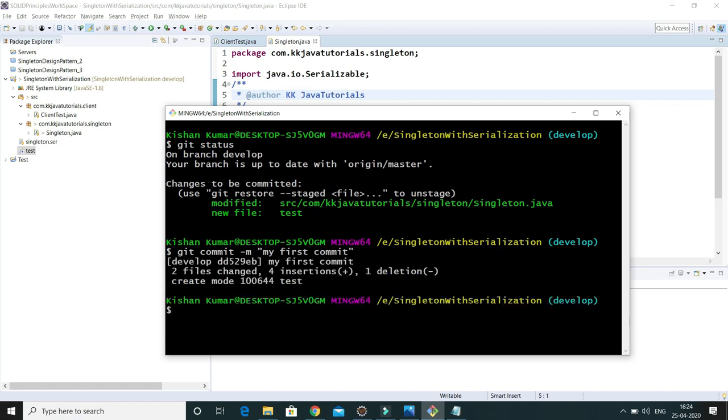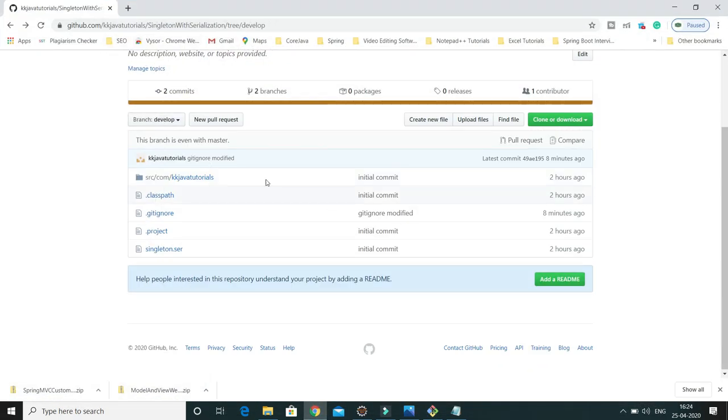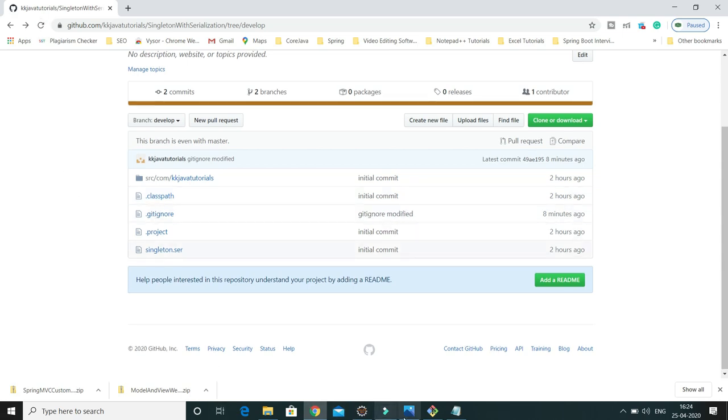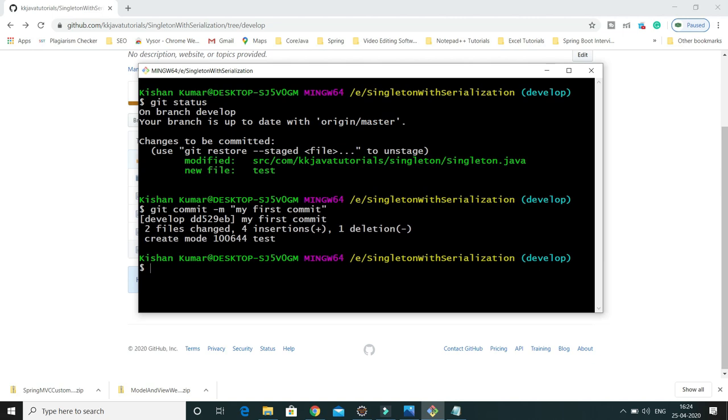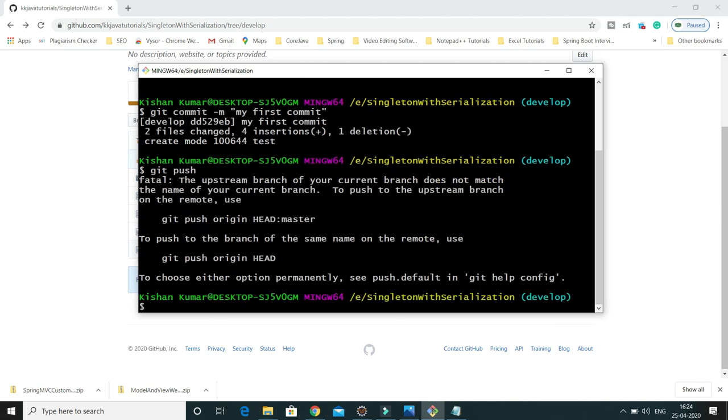Now I want to push these changes to the remote repository so they will be visible there. As of now this is not visible because the commit happened on the local repository itself. To put these changes on the remote repository, we have to do git push. If that is not working, then git push origin develop, your branch name.